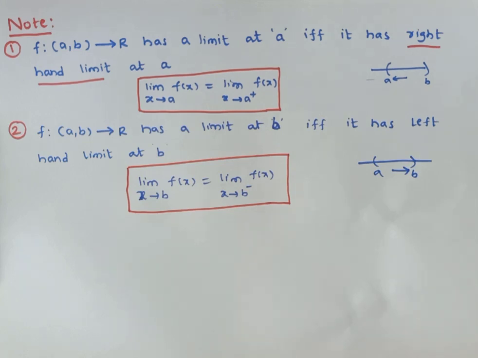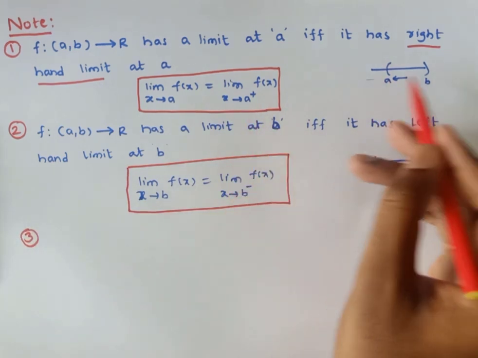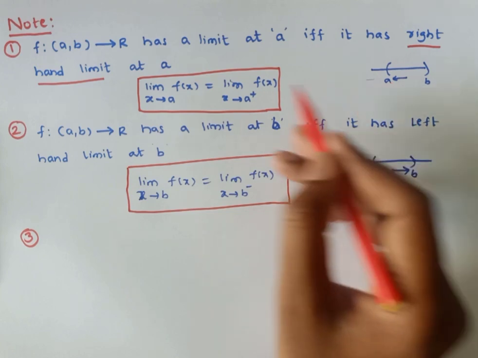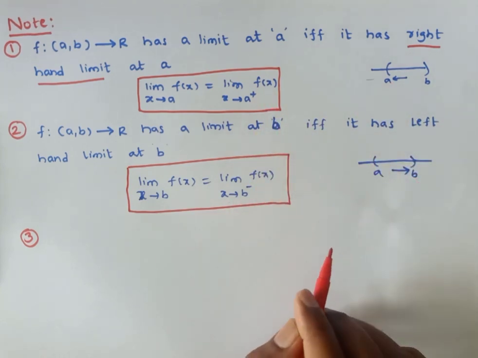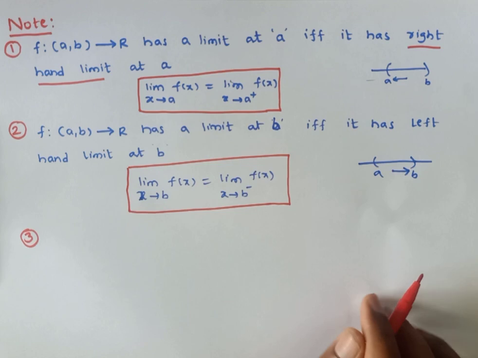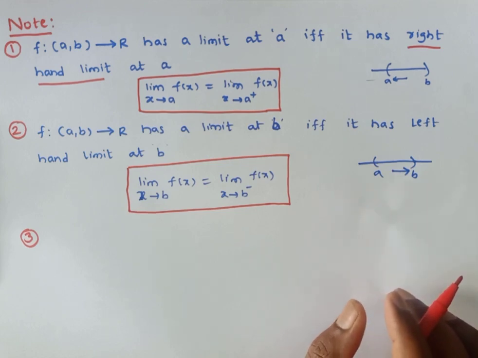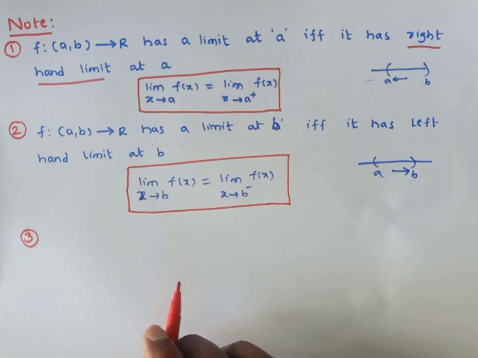And one more, so you may have a doubt, right? When it is a left end point the right limit exists, and when it is a right end point the left limit exists. But there can also be a point in the middle, like the previous example. So any number in between a and b is known as an interior point of the interval. Interior point of the interval.